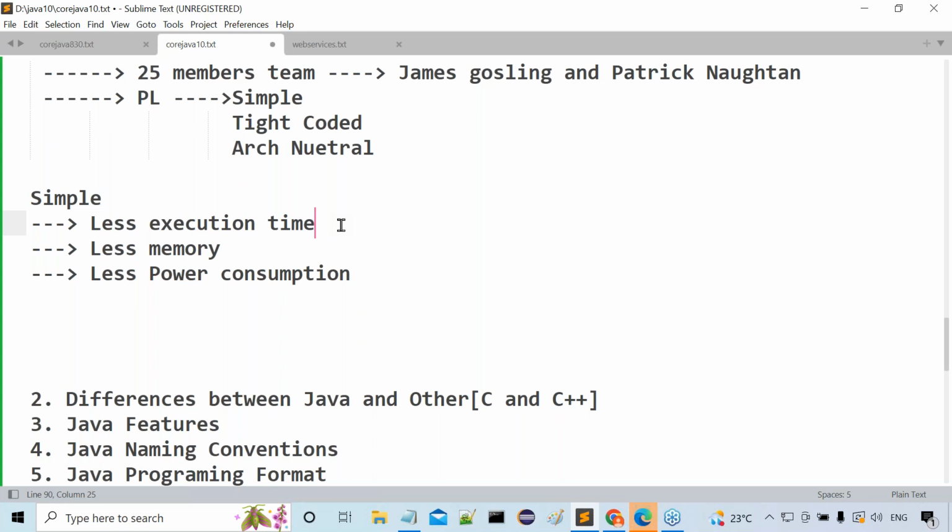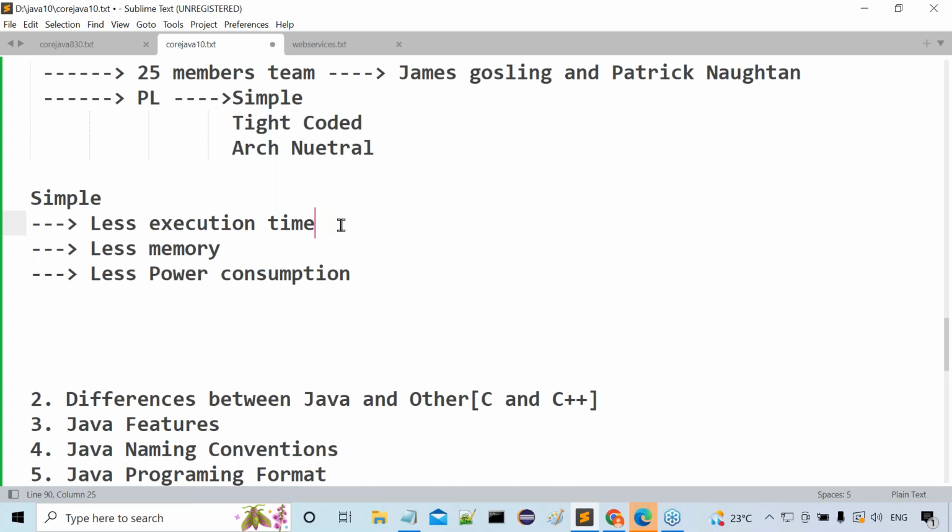It means that the internal program is taking more execution time. Automatically, the performance of the end product is very low, or not? Understand the equation clearly. More execution time, less performance. Less execution time, more performance. What is the equation here? If execution time is more, the performance of the end product is what? Lesser. If execution time is lesser, the performance of the end product is what? More. Am I right or not?